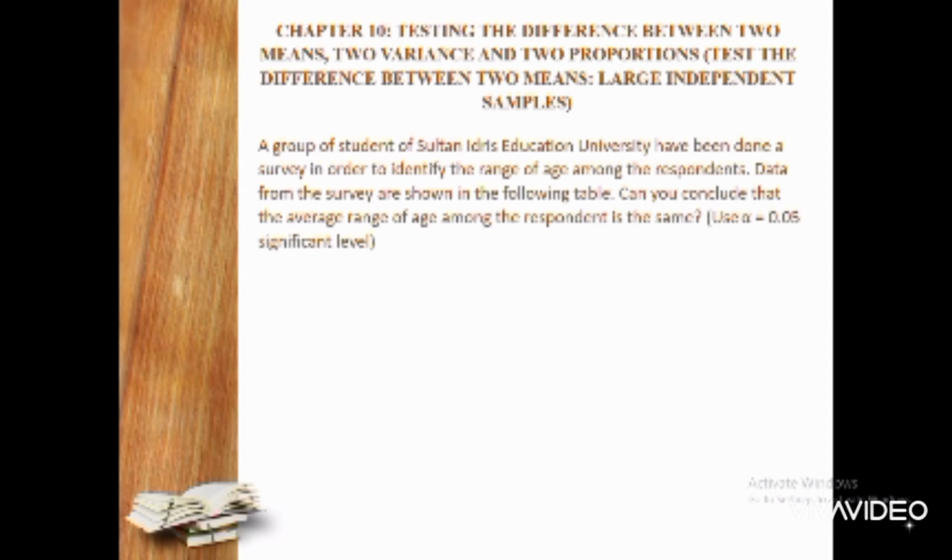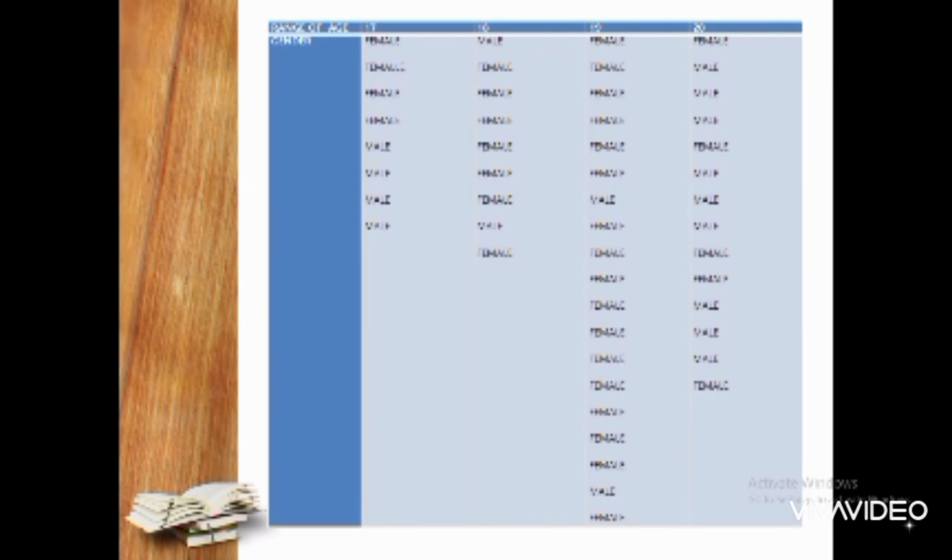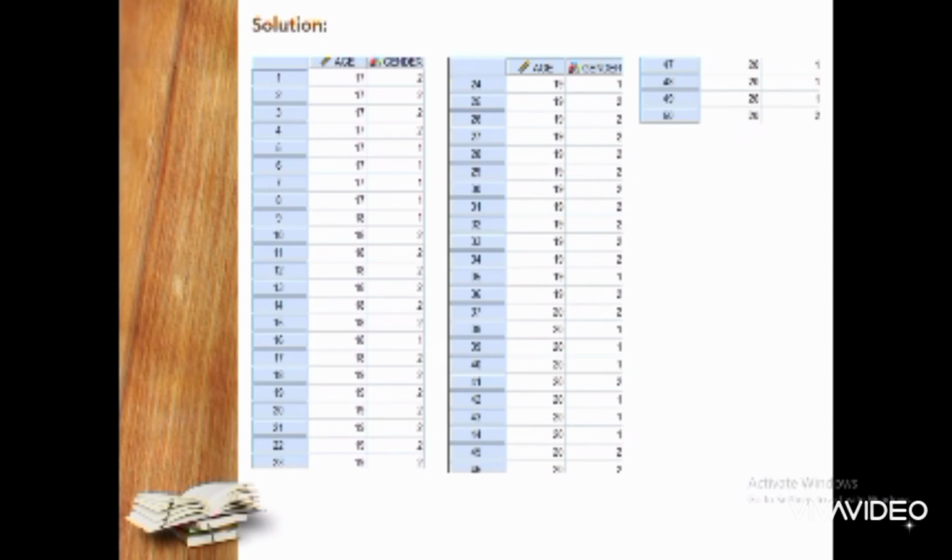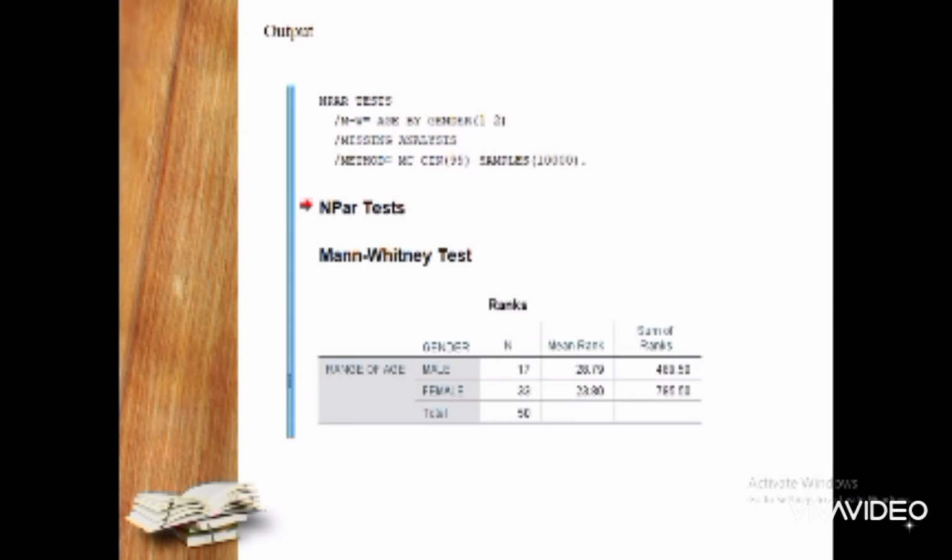We use alpha equal to 0.05 as the significance level. Okay, this is the data from the survey, and then we use SPSS. We enter all the data into the table, and the output we got